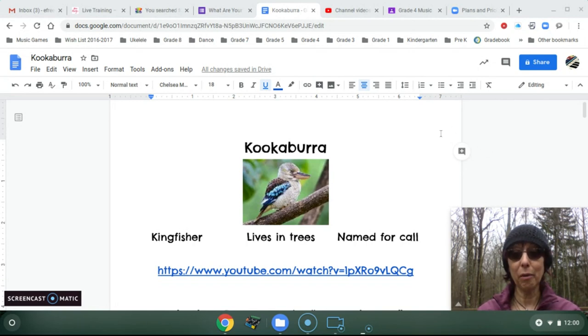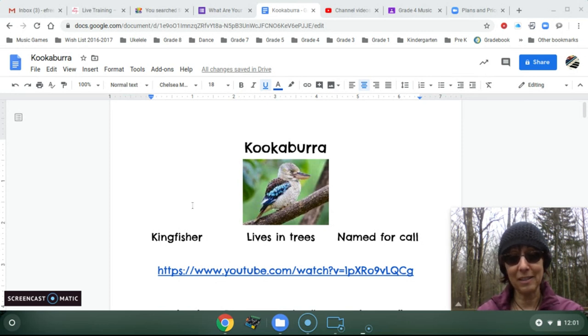And I know that we've sung this in second grade before. Kookaburra is a song about a bird that's called a kookaburra, obviously. There it is right there. Very, very fun. And when you were in second grade, we did listen to the sound of it. I also brought it here for you. We're going to listen to it in a second.